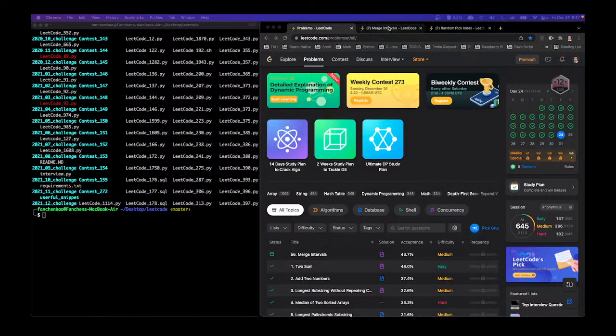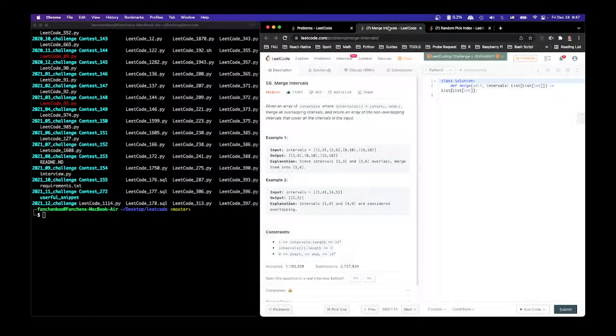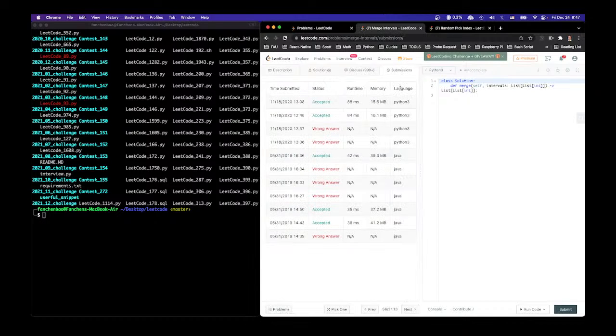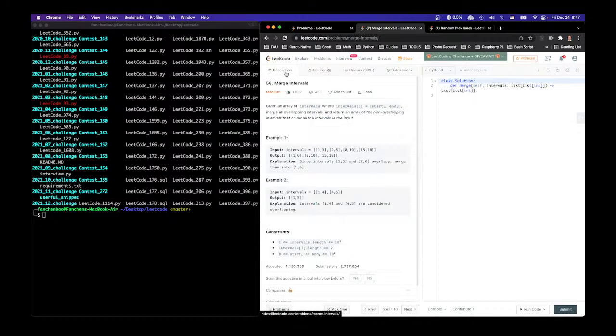Merge intervals, first problem. This is an old problem. Let's see, how many times have we done this? Two different occasions. The first time was last year, during my internship, I remember. I was still doing Java back then. Given intervals, return an array of the non-overlapping intervals that cover all the intervals. If I remember right,